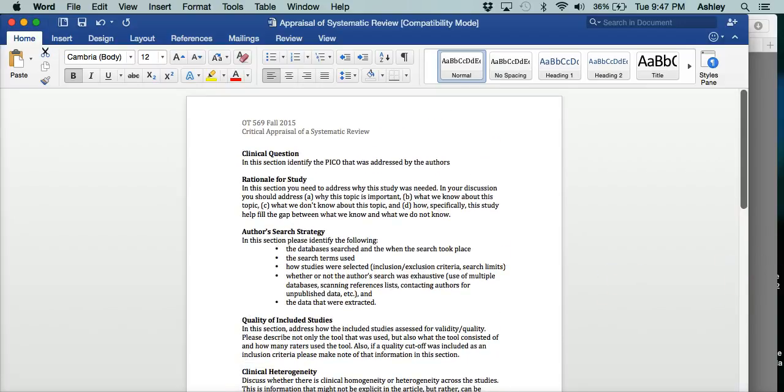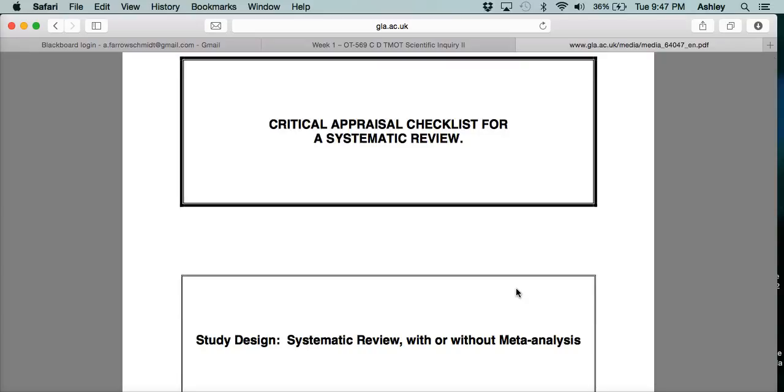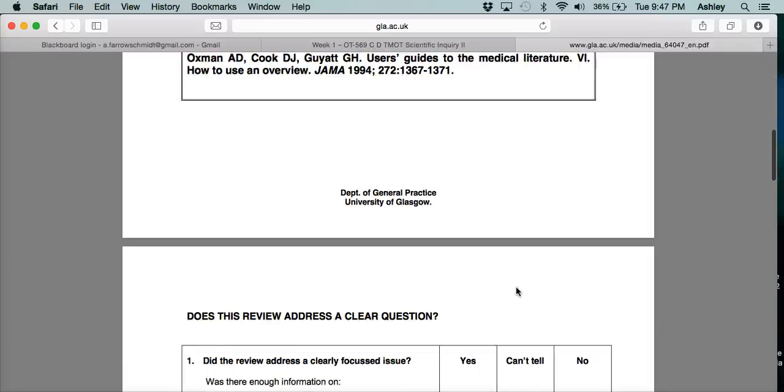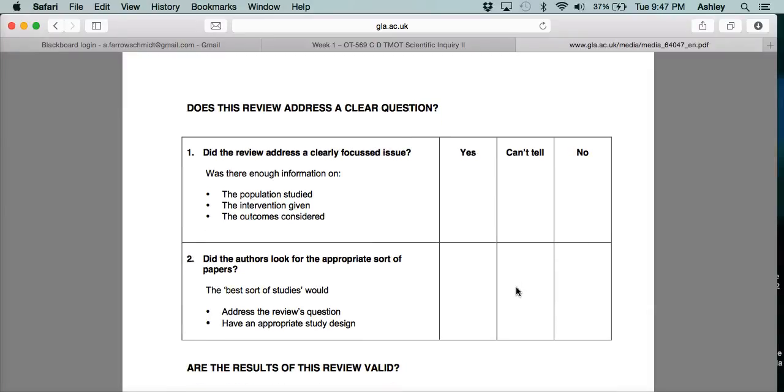Now, one more thing I would like to show you is this critical appraisal checklist that I've provided. This is just a quick checklist. This is not something you have to turn in. It's more of a guide. Use it as a guide to kind of help you walk through the actual assignment,